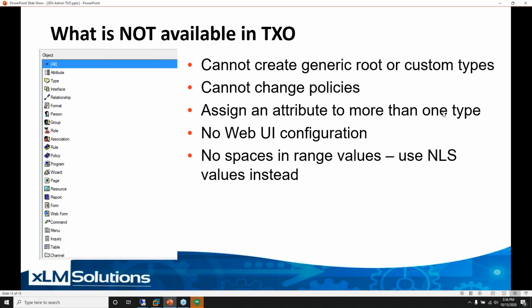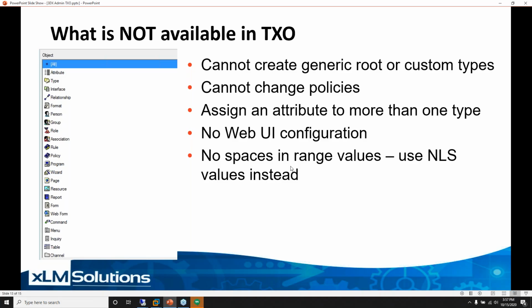So through the old tools, you could create an attribute and assign it to more than one type. In this case, what you would do is create an extension, assign the attribute to the extension, and then assign the extension to the type. So that's how that would work. The web UI configuration or manipulation, how fields are shown, again, there's no ability to change that through the TXO tool. And then when dealing with NLS,